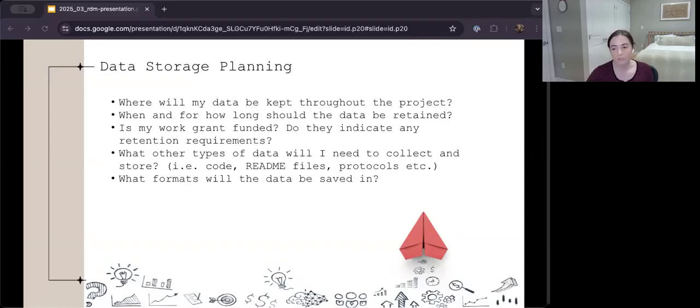What formats will your data be in? How are you going to save your files? Like I said, I generally recommend interoperable formats rather than proprietary. So once you've thought through each of these questions in more detail, I would notate your answers in a data